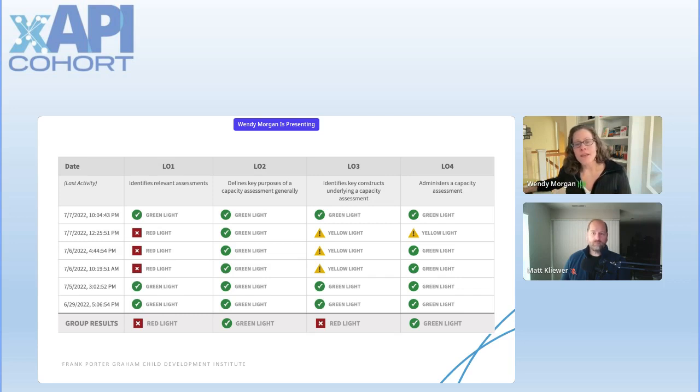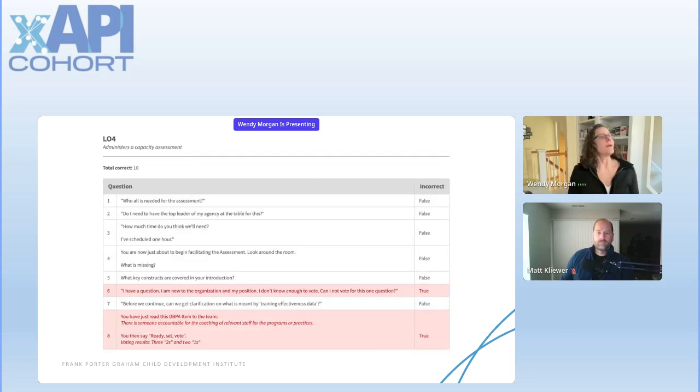And then once we have the overview, we can also drill down. So we have these drill down reports. So let's say in learning objective number 4, I want to take a look at the second person in my team and how they're struggling a little bit with administering a capacity assessment. Maybe I want to pull them out and give them a little refresher without keeping the entire team hostage to that, since the rest of them seem like they have a handle on it. So I would take a look at what we call the drill down report. And these drill down reports give you the details of the learner activity throughout the interactions within that lesson.